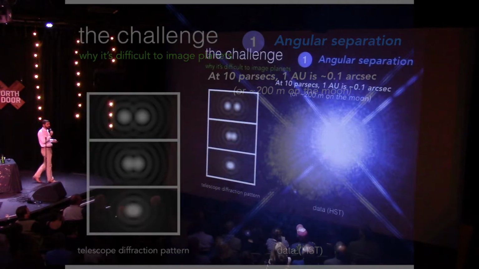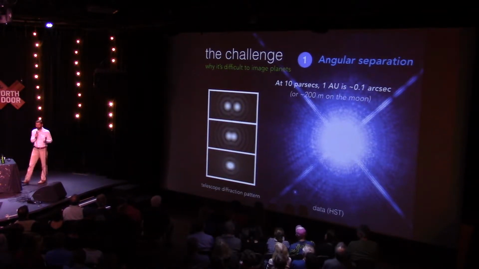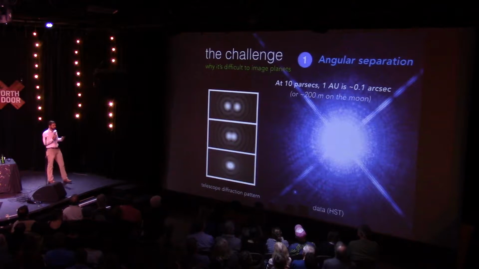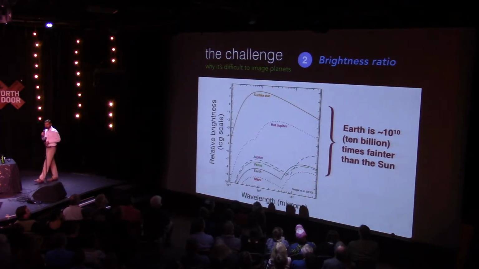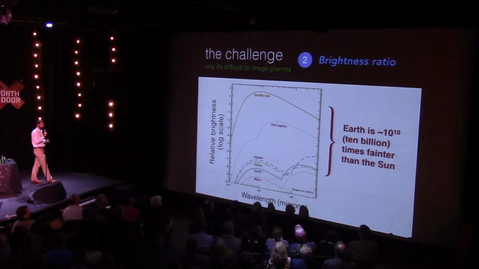So in terms of nearby stars and probing planetary separations of about 1 AU, the mean Earth-Sun distance, we need telescopes that are very large on the ground, of order 8 to 10 meters. The other feature of planets that makes them very difficult to image is their brightness relative to their host